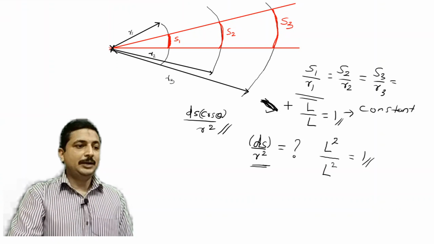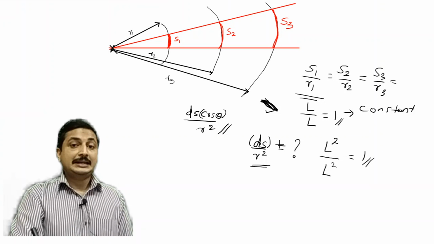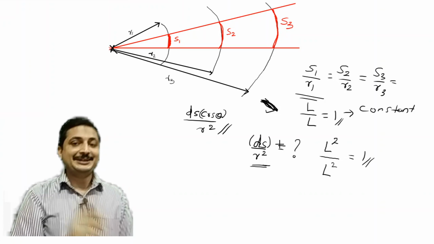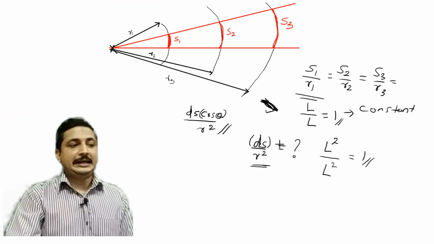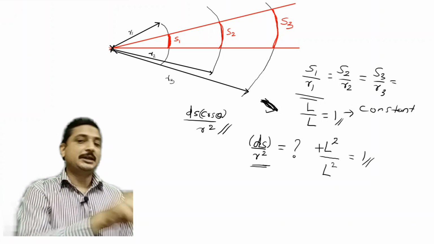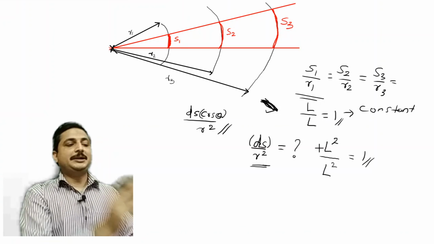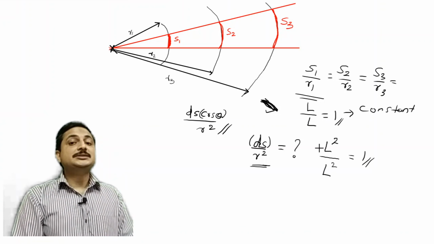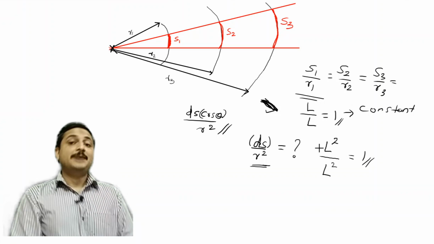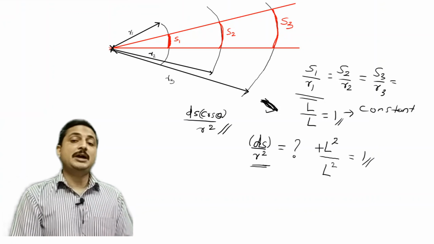Now, but what about this ds? ds is a small surface area on an arbitrary surface. Is that surface circular in nature? No. So I cannot directly apply this formula in our case. If that closed surface was circular, we might have applied this directly, but it is not. So the question arises, can we apply it? Still we can apply this, but with an approximation. What approximation do we have to make?